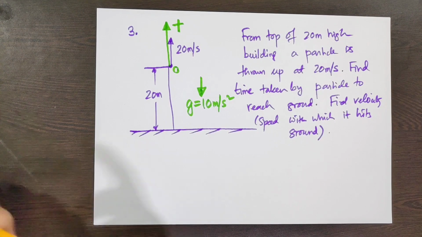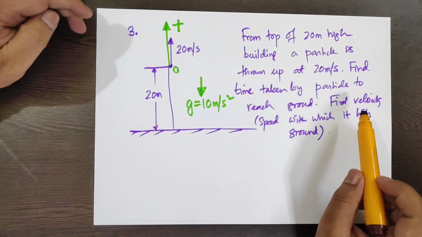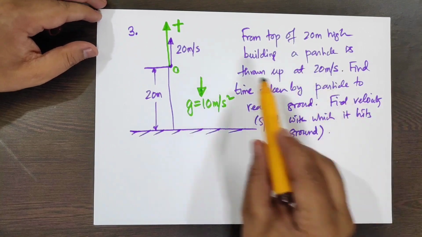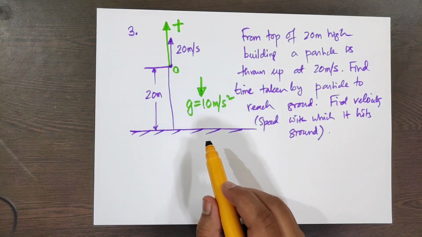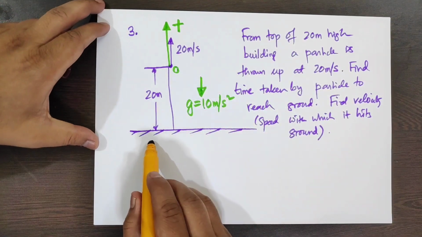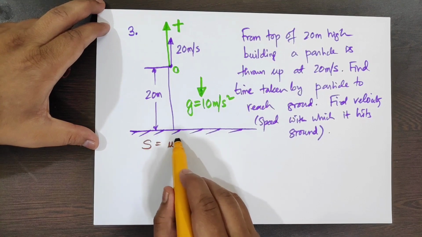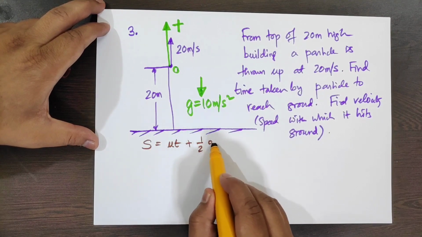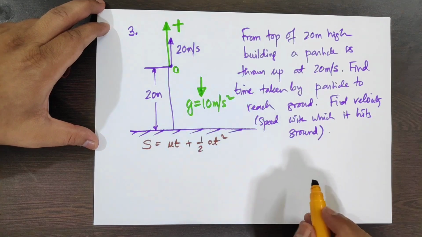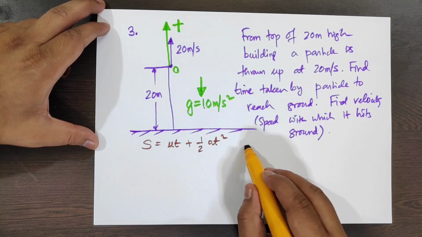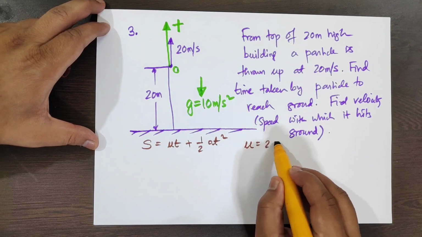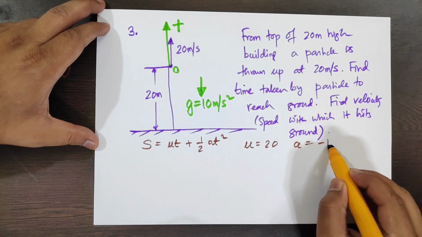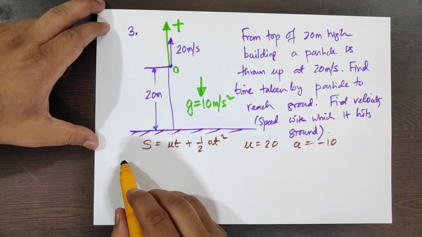Okay, so first one was find time taken to reach ground. I'll use this formula, s equal to ut plus half at square. As I have chosen the axis, this u will be equal to plus 20 and a will be equal to minus 10, and when it hits ground,